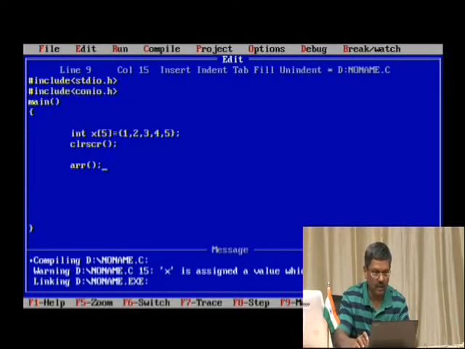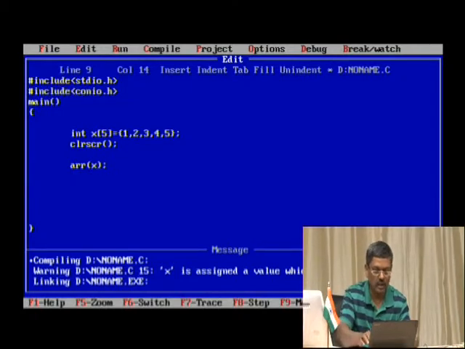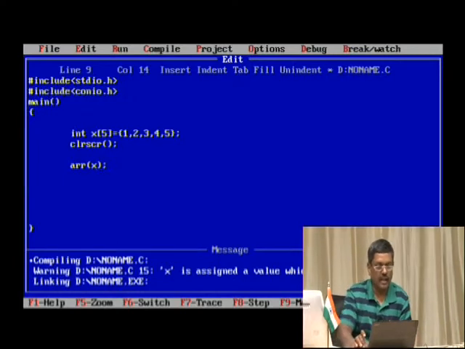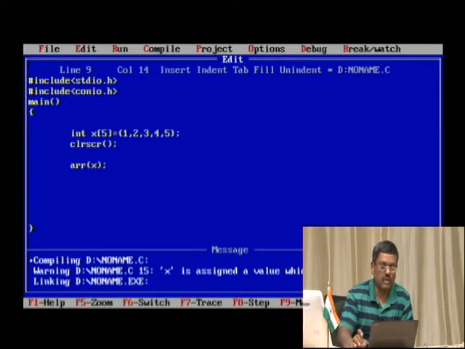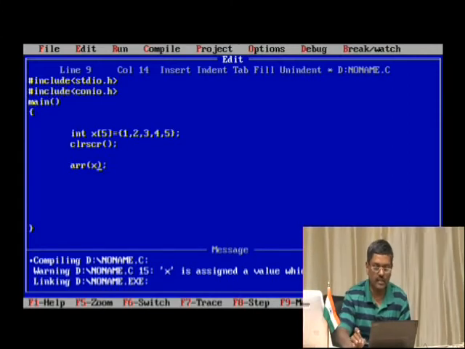What I am doing here is calling a function called array. I have to pass x. Simply you can put x, or you can even put the square brackets like this. I am passing an array x, which holds 1 2 3 4 5 as the elements.